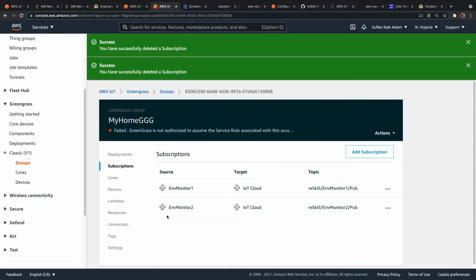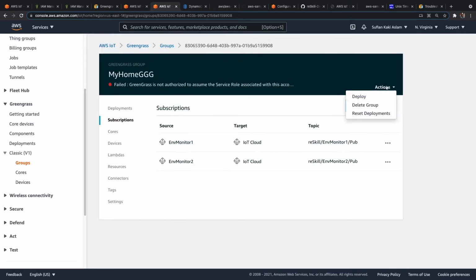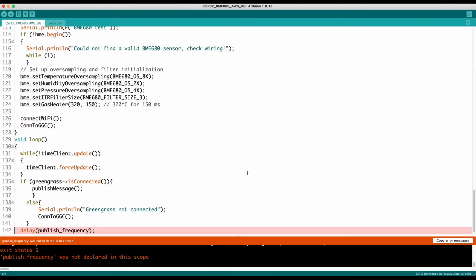So it will still be running. I'm only sending these 2 values. Deploy it again. Okay. So the local shadow service is what was the trouble, but now that I have got rid of it, this is working now.